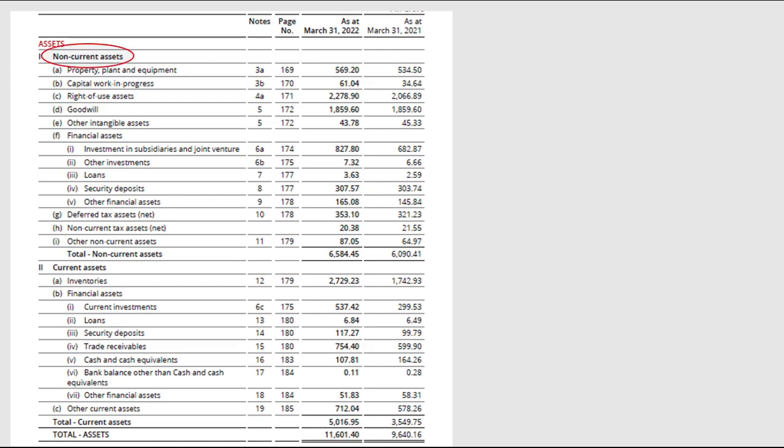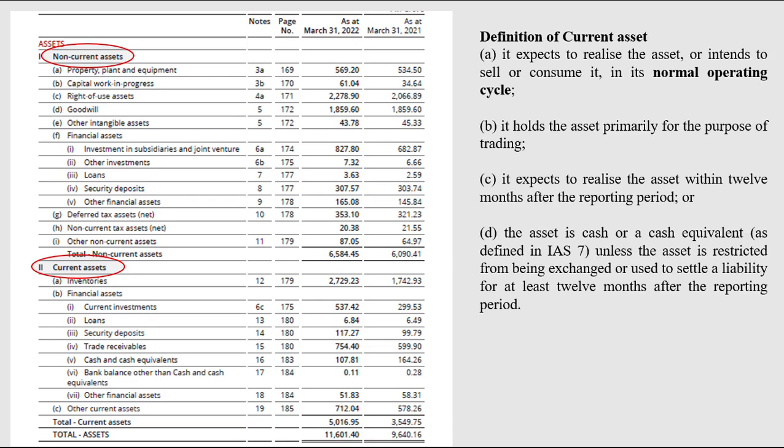If you try to focus, there are two key terms. One is current assets, another is non-current assets. What are current assets and non-current assets? Current assets have been defined in the standard, and non-current assets are nothing but everything other than current assets. So firstly, we need to understand what are current assets. Current assets are nothing but